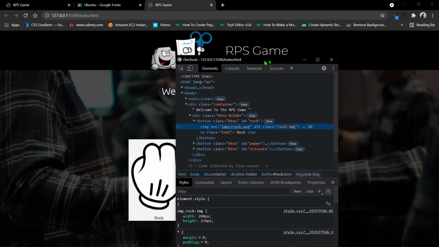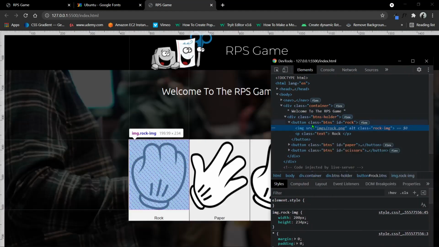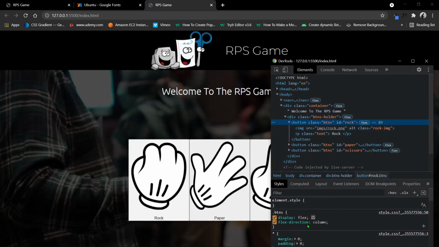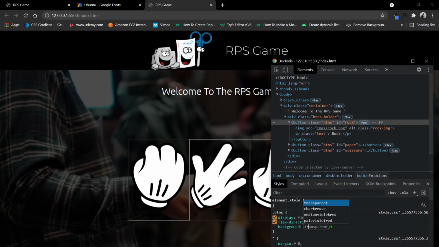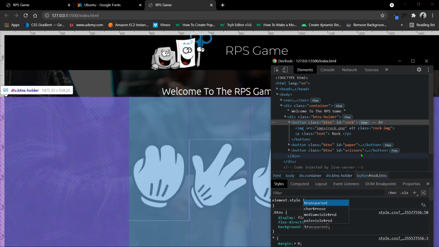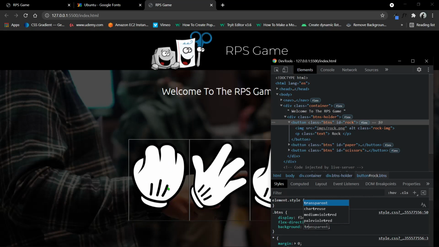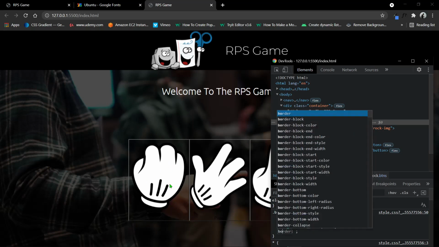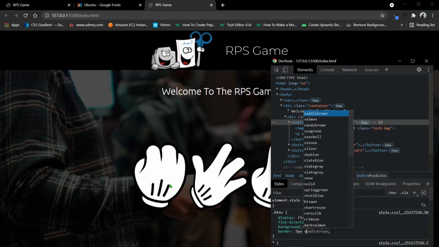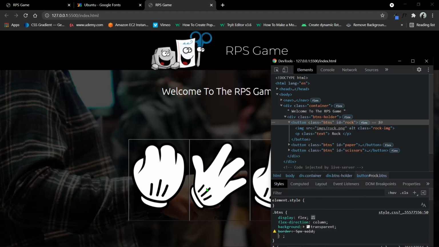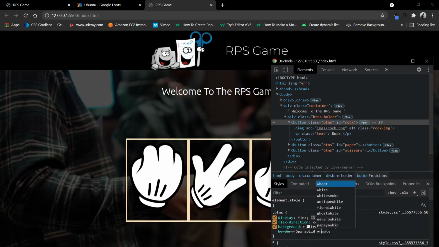Let's make it transparent. What if we make it transparent? As btns, background transparent. Everything is good, but we need to remove the border. It is looking very odd. So or else let's give it a white border, right? 5 pixel solid white.